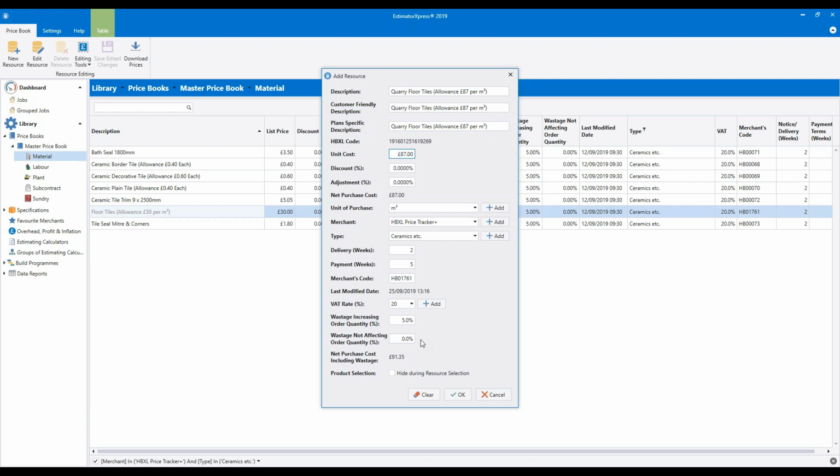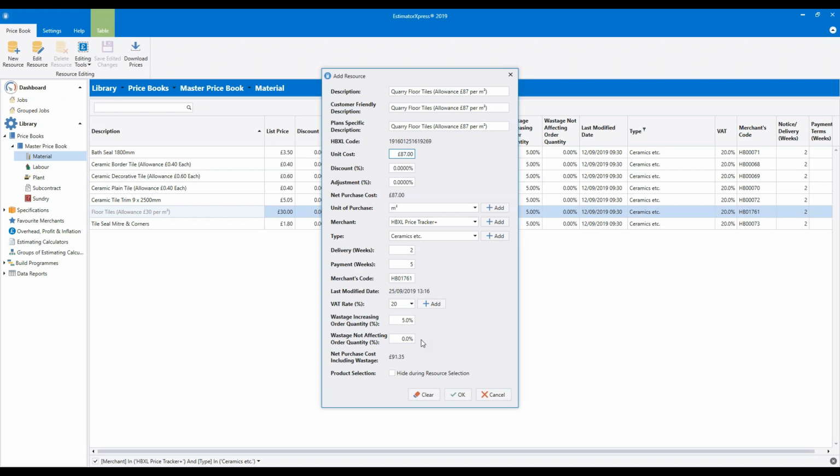And you can enter a percentage for those types of product into this second wastage field. What it will do is not add a wastage percentage onto the order quantity, because obviously you can't have 5% more of a boiler or 5% more of a window. But what it will do is add the wastage percentage to the price. So it will add 5% extra to the price for your boiler as a contingency.